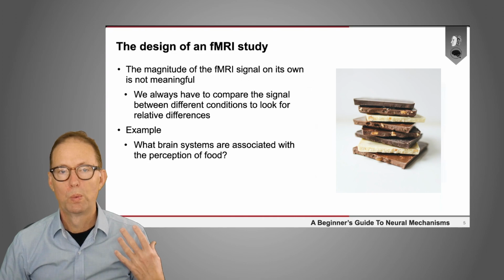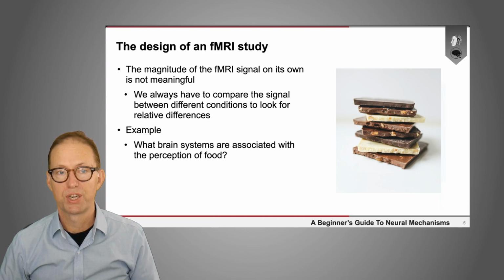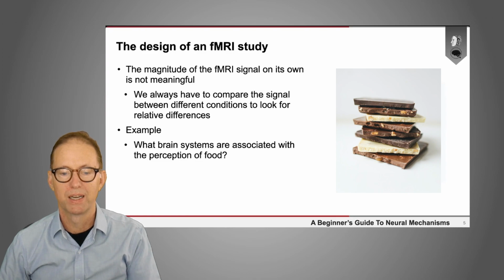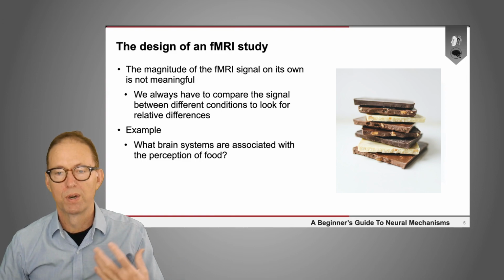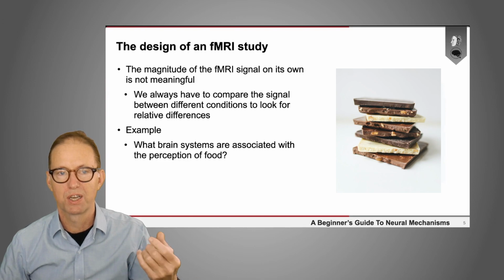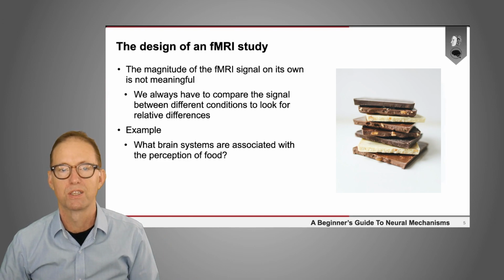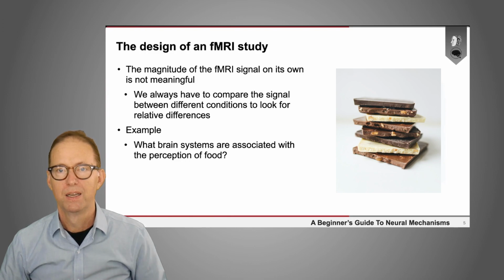Now, the design of an fMRI study is challenging for a number of reasons. One of them is that the magnitude of the fMRI signal on its own is not meaningful. We're not measuring a quantitative signal that has a particular unit. We're basically measuring an arbitrary signal. So the only way we can look for activity is to compare signal between different conditions and look for relative differences. So let's say that we wanted to do a study to understand the brain systems that are associated with